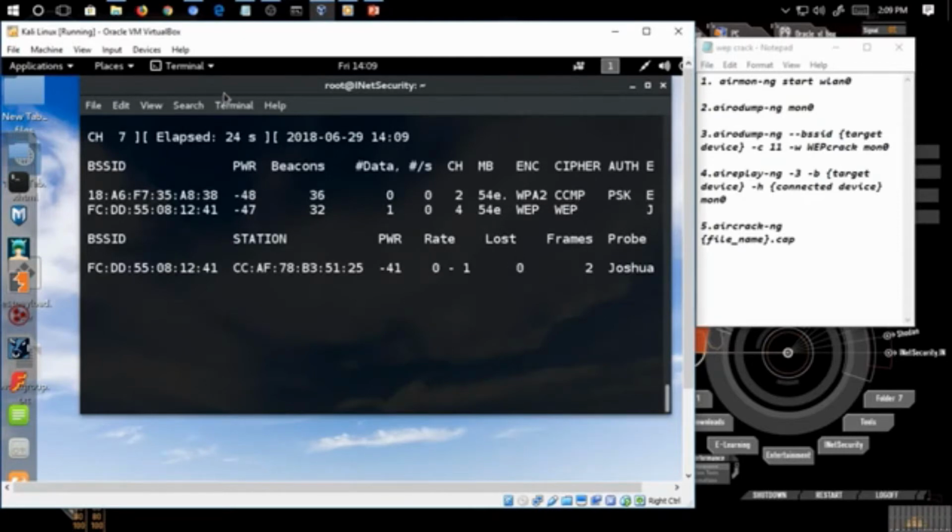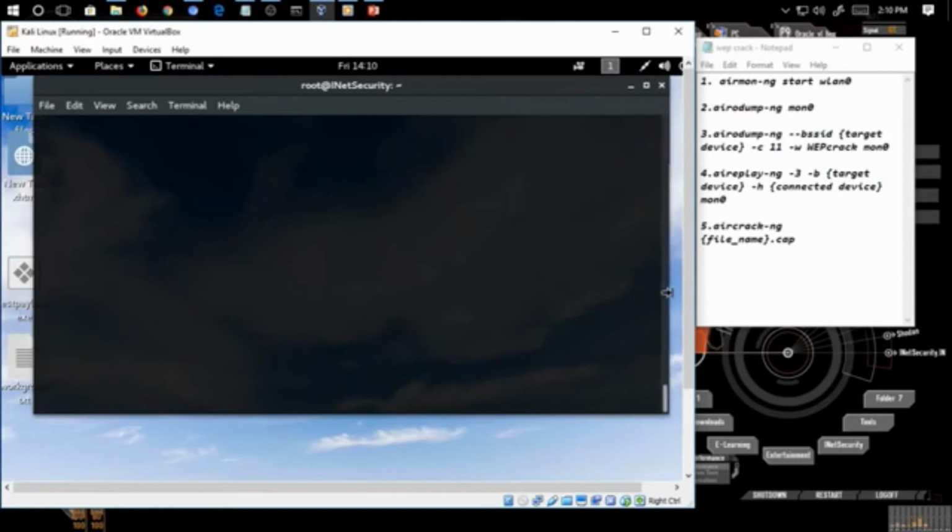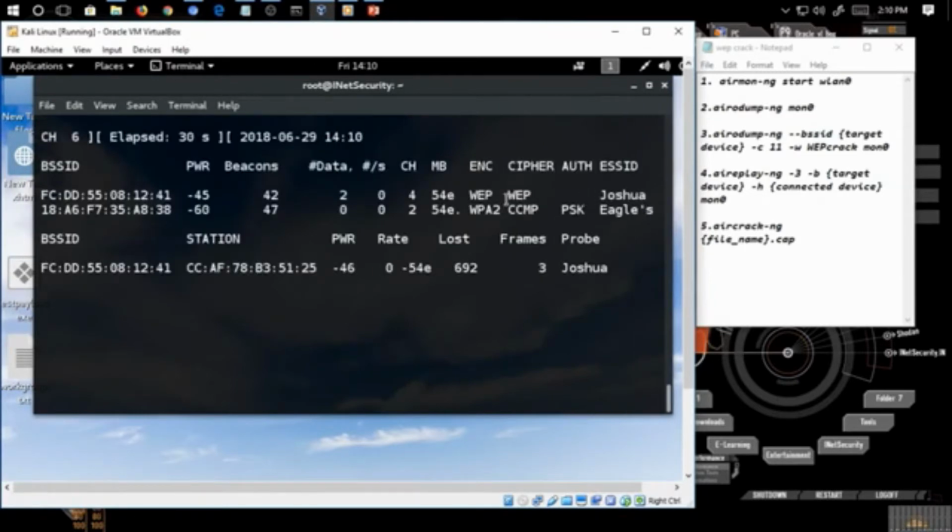The network is named Joshua, and it is using WEP encryption, the channel number is 4, and the BSSID is this.